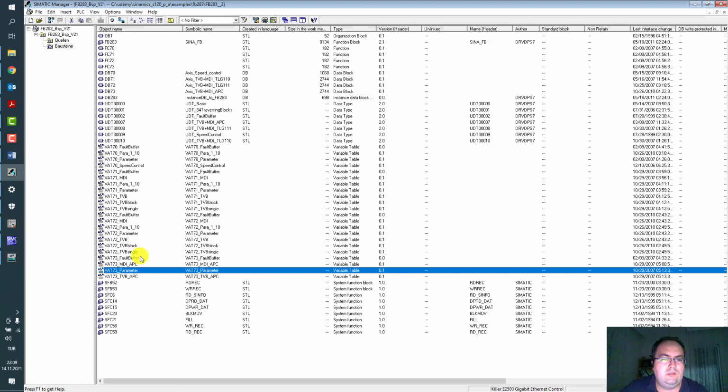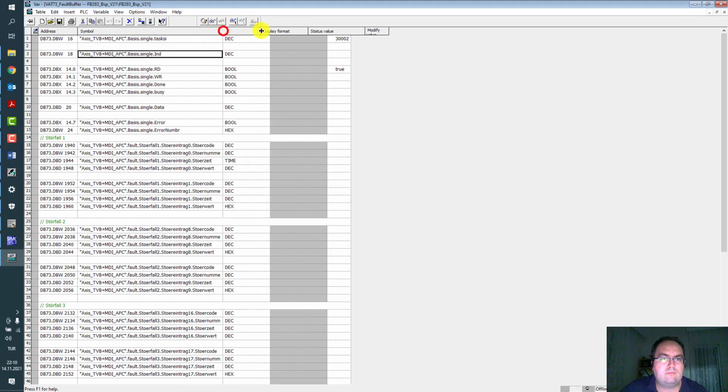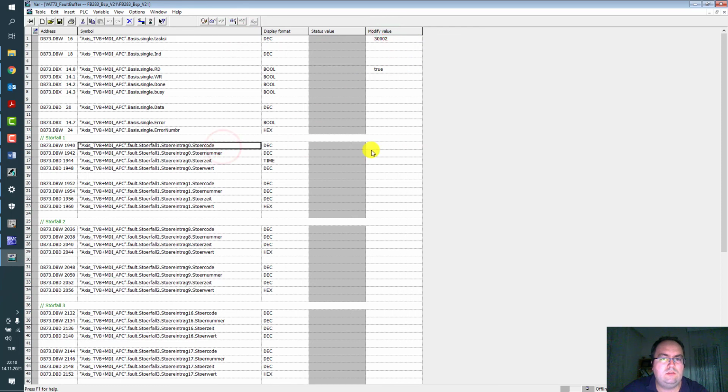Another thing is the fault buffer. It's possible to read the current fault buffer from the drive: fault code, fault number, fault time, and so on.